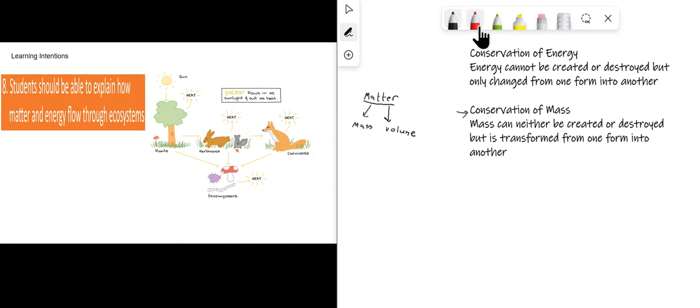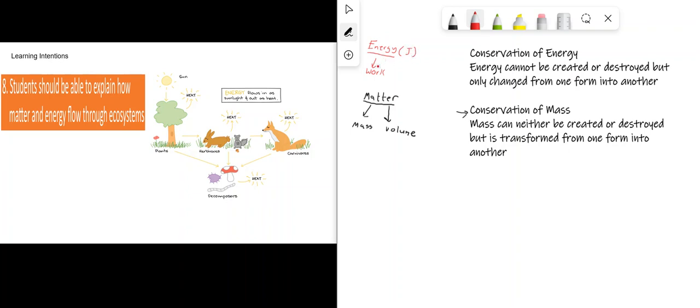The other thing that we have is energy. So energy, if we remember, is the ability to do work. Okay, so basically with energy we can do work. So we can do things like keep our bodies warm, move around, observe our environment, etc. And that all needs energy. And if we remember, energy is measured in joules.